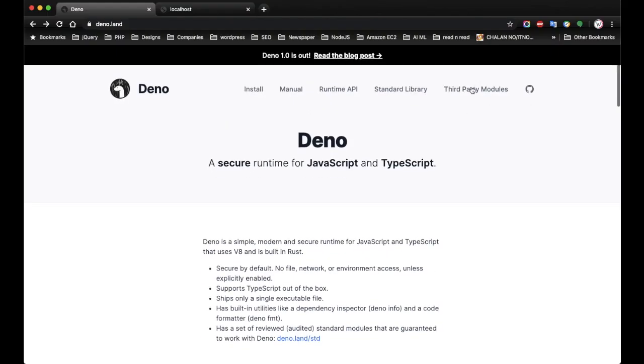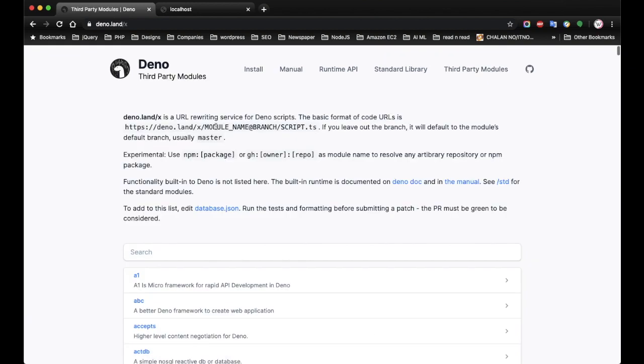We will be using Oak, a middleware framework for Deno's HTTP server that includes a router middleware as well.